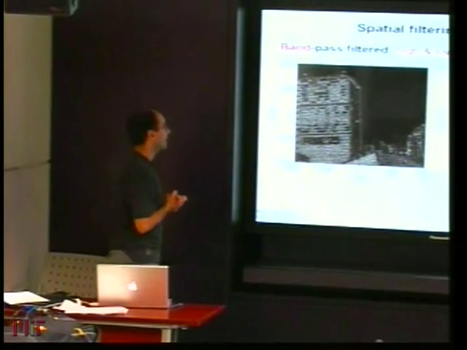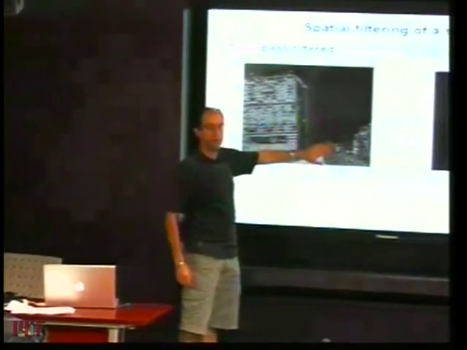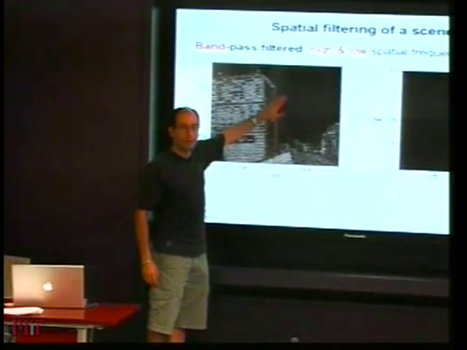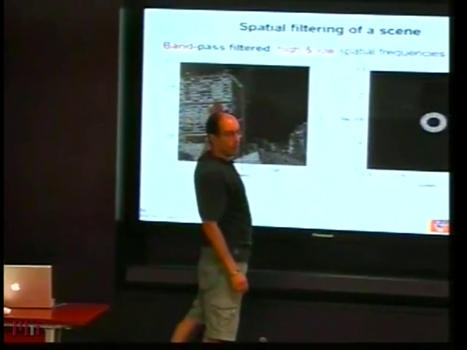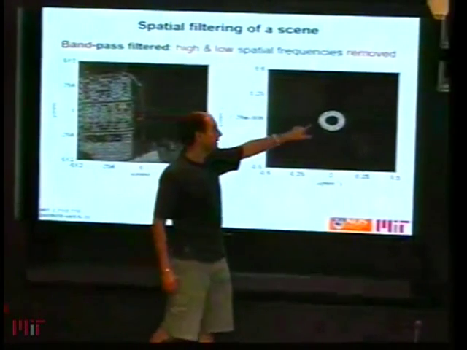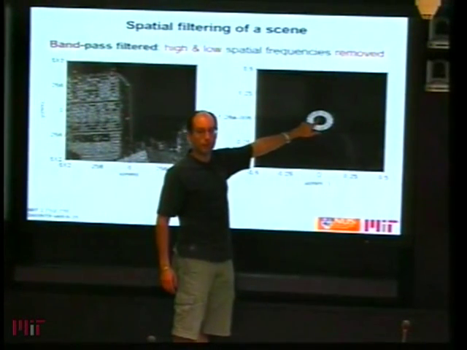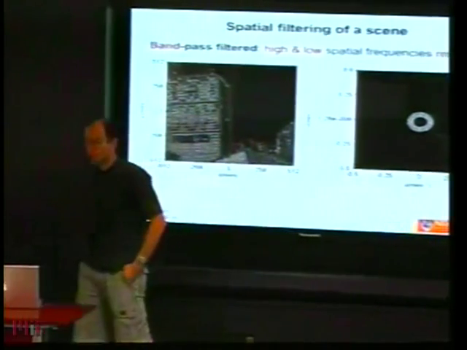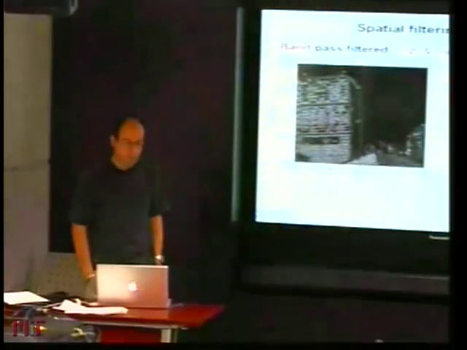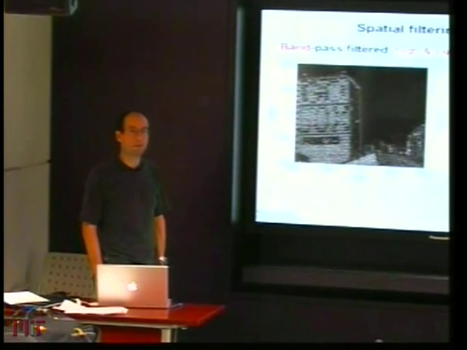Of course, the other thing that vanished is the average. You can see that the sky that used to be an average gray is gone also, because the average is represented at the zero spatial frequency, and I blocked it, right? So therefore the average is gone. So this is called a spatial filter.